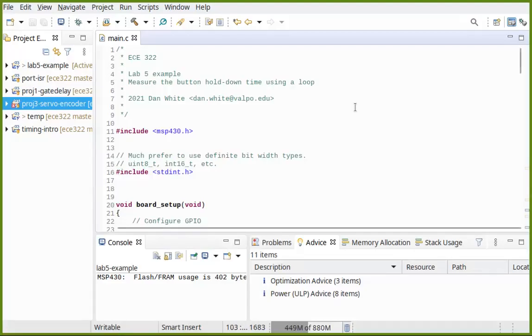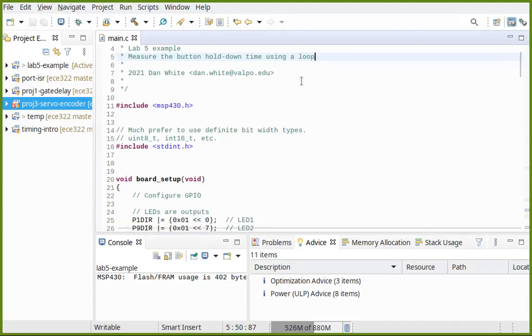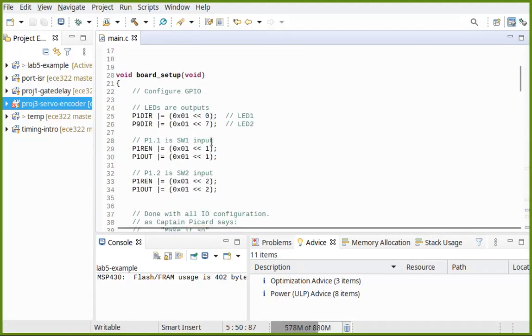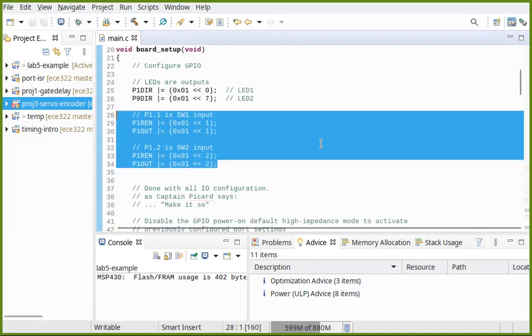Okay, a quick demo on how to use a for loop or a do loop to measure, in this case, how long I'm holding down a button instead of using a timer. So we just have standard code up here, set up my pins, LEDs, and the two switches on my